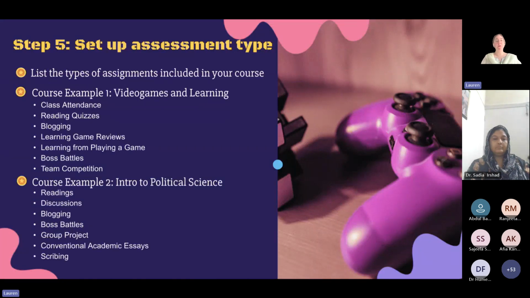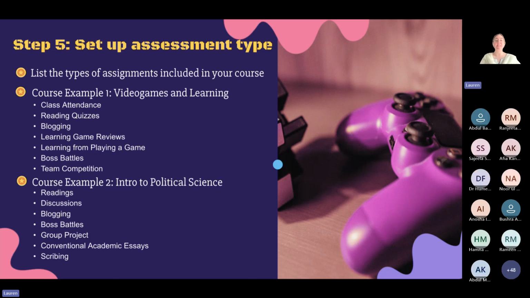Here's another example from a class Intro to Political Science. You might have readings, discussions, blogging, boss battles, group projects, conventional academic essays, and scribing. And again, they can fall into those other categories, but they're a bit more specific and a bit more tailored to the type of course that you are teaching. So looking at Video Games and Learning versus Intro to Political Science, we see some different things.